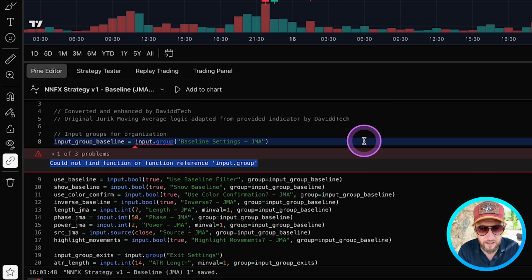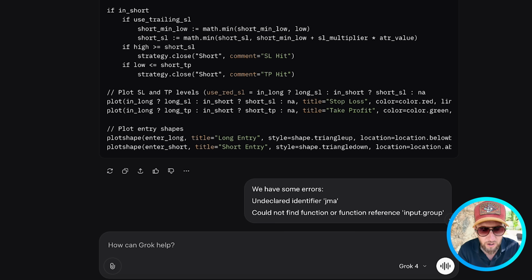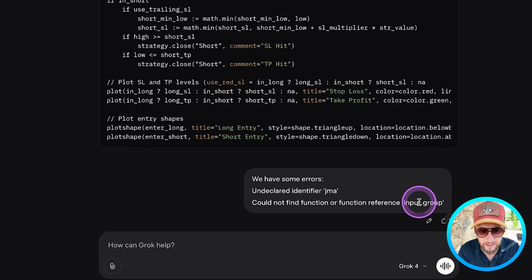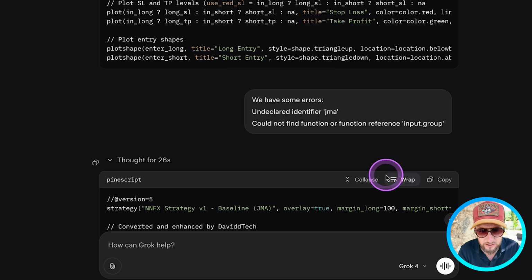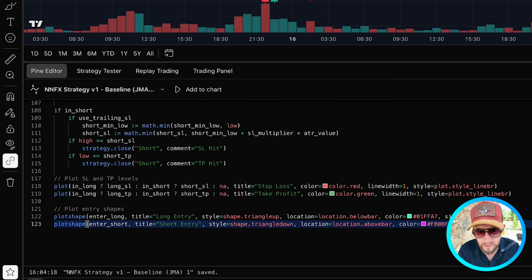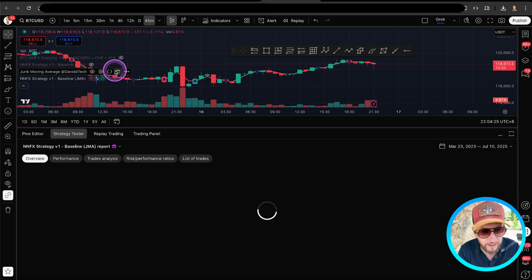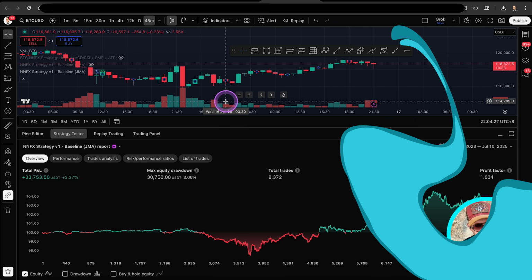Grok and all of the AIs or LLMs or GPTs are very good at debugging. We just literally copy and paste the errors into the chat here and it'll go away. As you can see, I've put all the errors here and it has created, in 26 seconds, a debugged version of the code. So I'm now going to copy this over to TradingView as well, paste it, save it, and upload that as well. Okay, we can now add that to the charts, and as you can see, we have a backtest version of our strategy. In a couple of seconds, we've managed to debug and backtest a